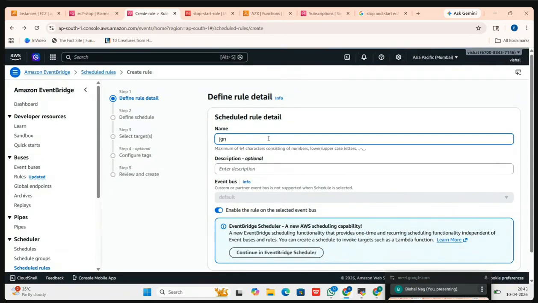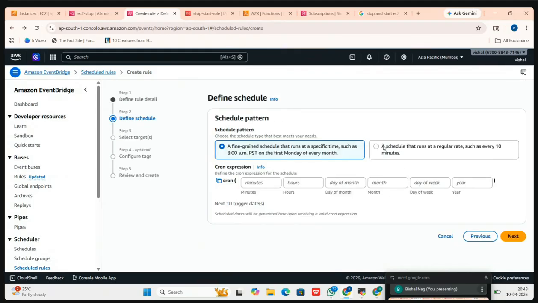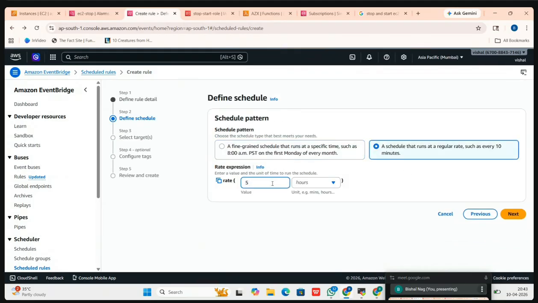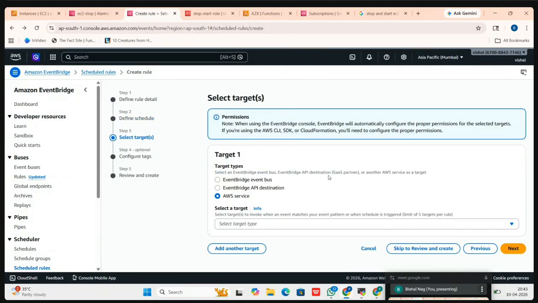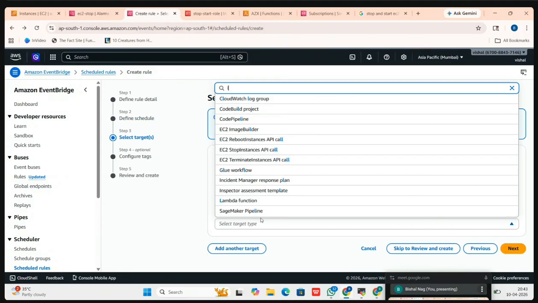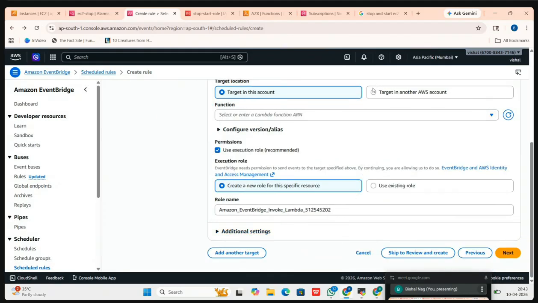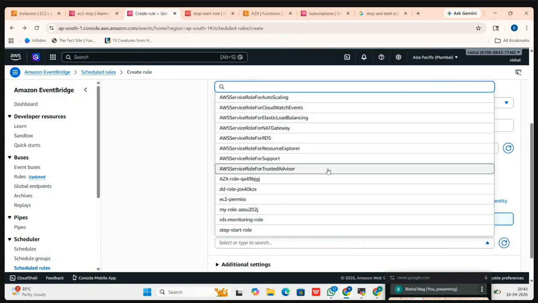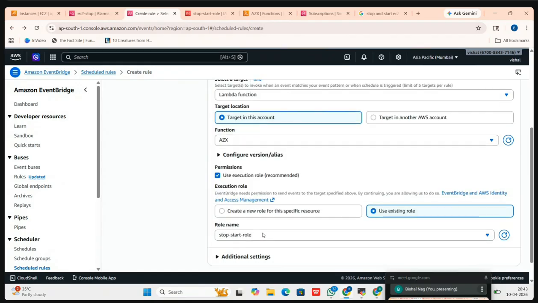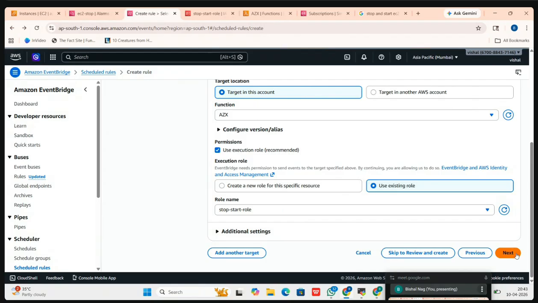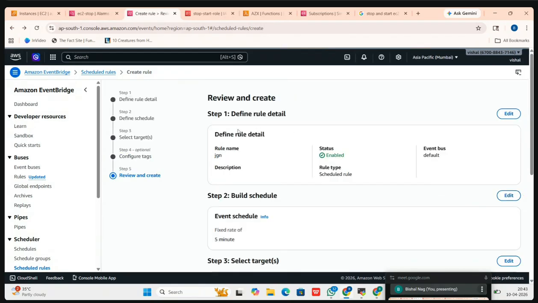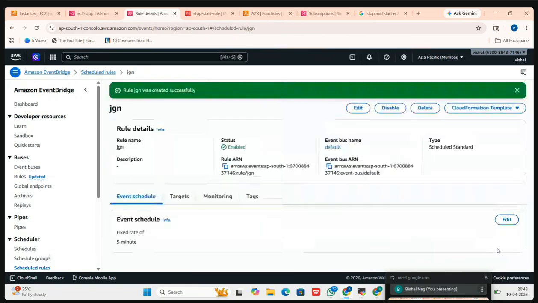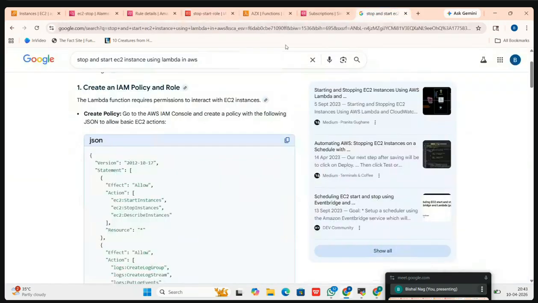इसमें देते हैं, नेक्स्ट करते हैं, नेक्स्ट करके इसको 5 मिनट करता हूँ, 5 मिनट, नेक्स्ट, टारगेट लैम्डा फंक्शन। ओके सॉरी, दिस अकाउंट, लैम्डा फंक्शन बनाना पड़ेगा यहाँ पे, ठीक है। यूज एग्जिस्टिंग रोल, स्टॉप स्टार्ट रोल, नेक्स्ट, नेक्स्ट, रिव्यू करके क्रिएट रूल, हो गया रूल क्रिएट। अभी ये क्या करेगा? लैम्डा को ये करेगा, तो लैम्डा के लिए हमको पहले लैम्डा पे फंक्शन देना पड़ेगा, जो कि फंक्शन हम लोगों को मिलेगा,